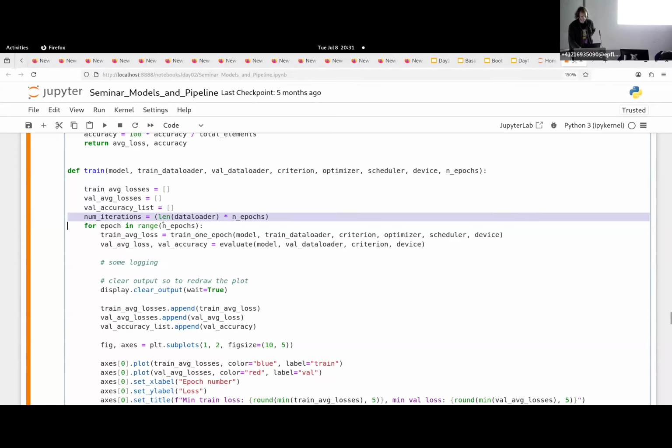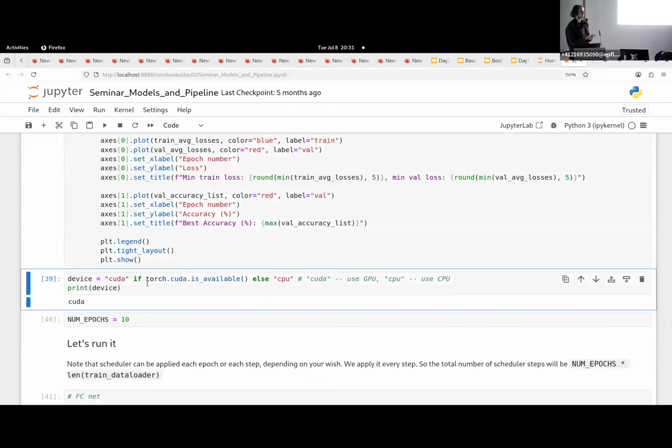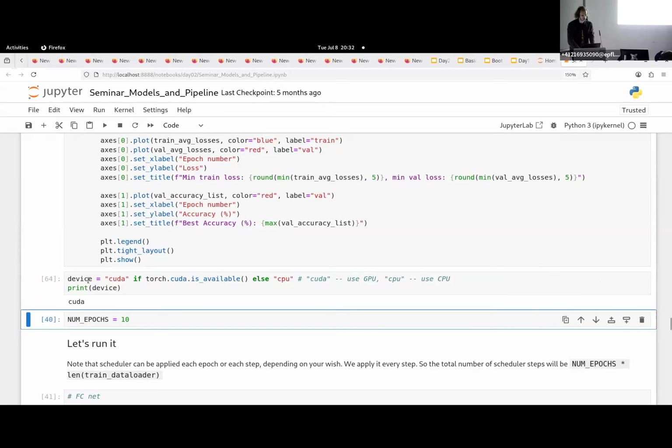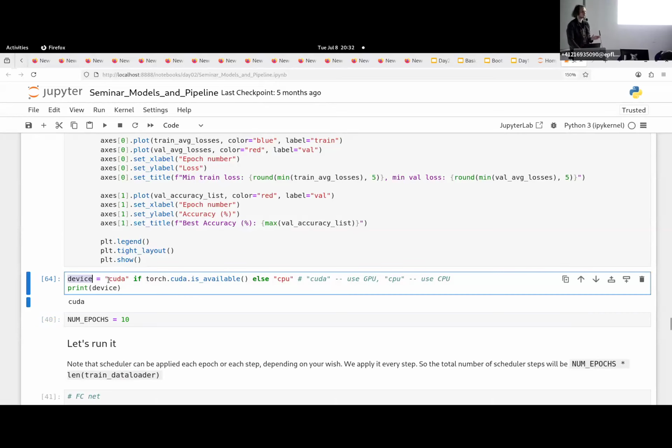Yeah, and one last thing, because we are training deep neural networks, we probably need huge computational power, and we cannot do it on our own laptop on a CPU. We need special hardware, which is called GPU, graphical processing unit, which increases the speed of calculations. And if we are having an NVIDIA card, it's called CUDA, and we can tell PyTorch, put everything on CUDA to ensure that you are running everything on GPU and not on